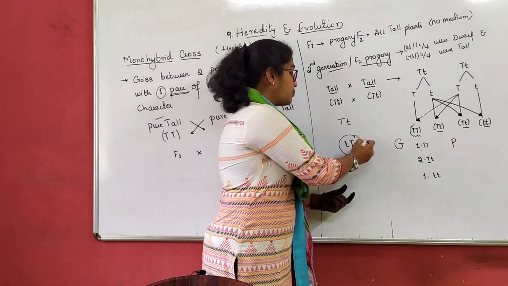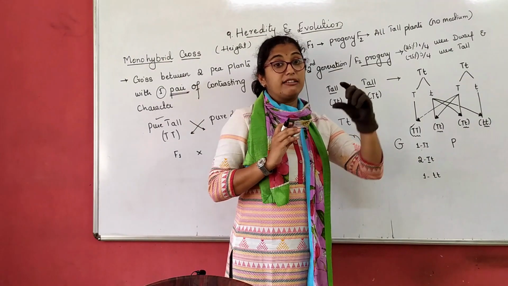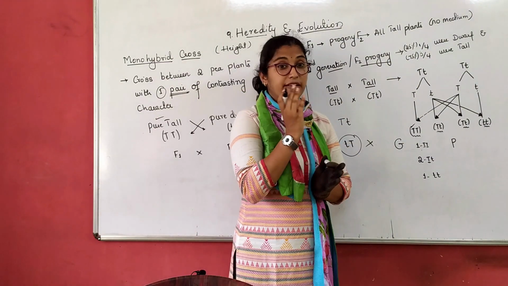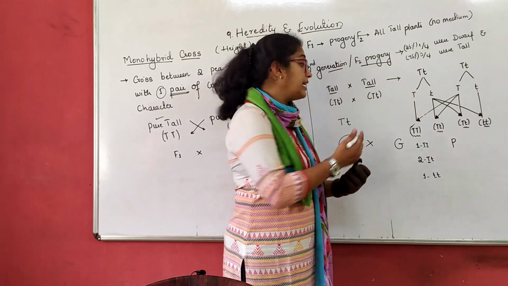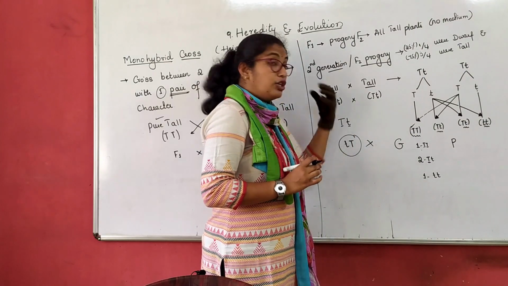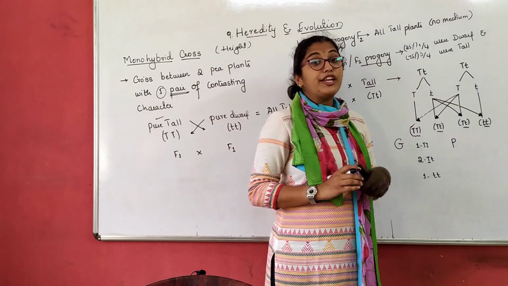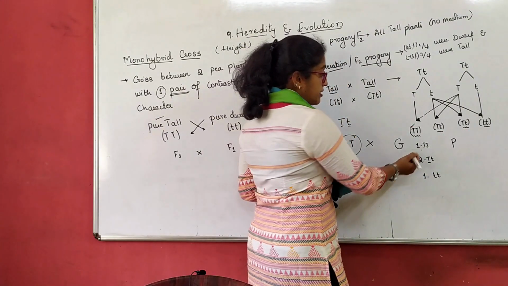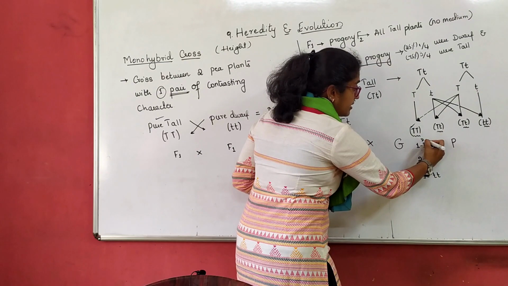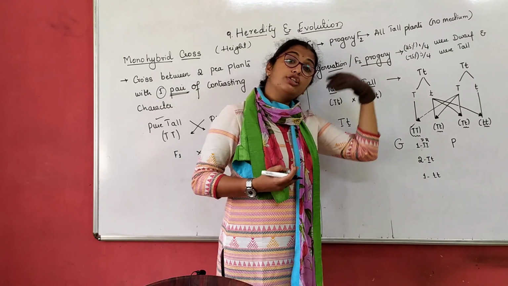But this is not the correct way of writing, because usually we write the dominant character, the dominant allele first and then the recessive. In other words, capital letters are written first. In English vocabulary, capital letters we write first and then the small letters. That means here dominant is written first followed by recessive. Okay, let us see now in phenotype what allele is getting expressed. Now here it was T and T. That means one is dominant, one is recessive. But here both dominant and recessive allele are tall only.